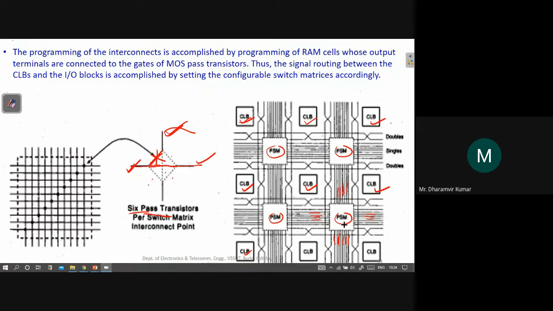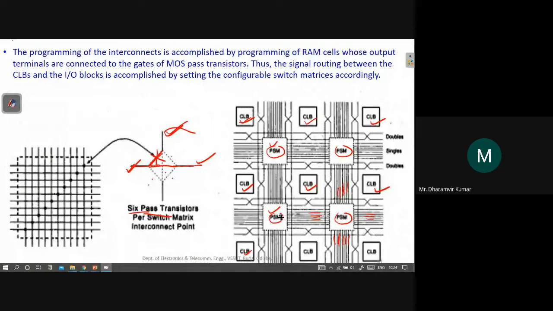Now this switch matrix may perform completely different programming connections compared to that switch matrix, so each of them will be programmed differently.